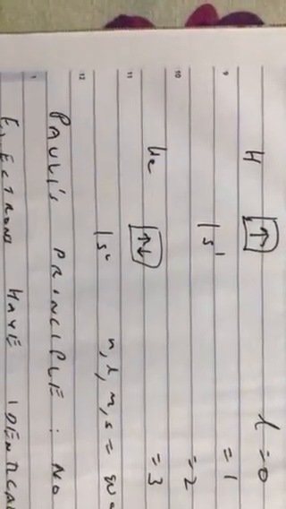Now suppose you want to write down the electronic configuration of hydrogen. So like I said earlier, we'll draw one square box and you put one arrow like this, so you know that basically electron spin is either plus half or minus half. So conventionally upward arrow is plus half and downward arrow is minus half.